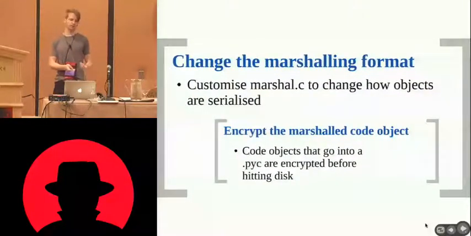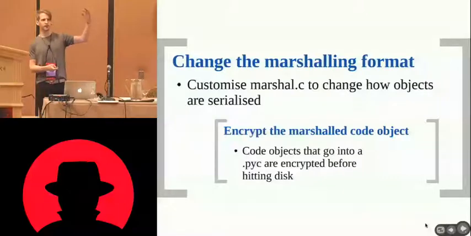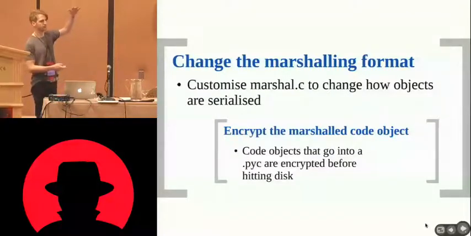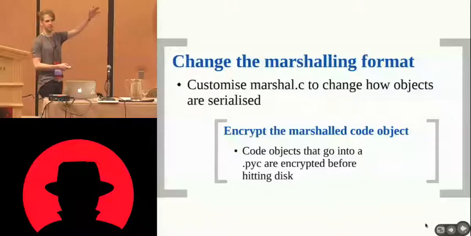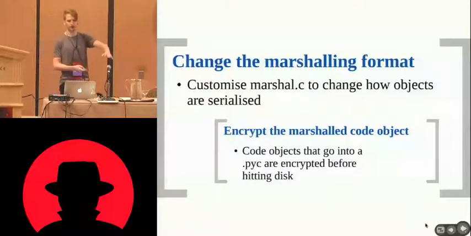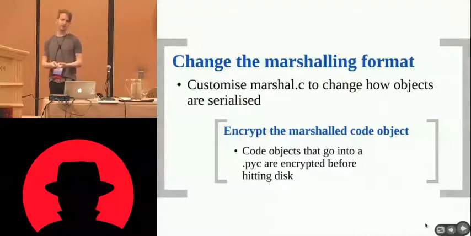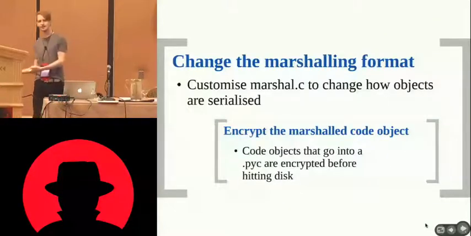Changing the marshalling formats. As we said, in the Python PYC file there were 8 bytes of header essentially, and then the marshaled formats. The marshalling is controlled by marshal.c in the Python runtime. If you change how those objects are serialized into the PYC, and obviously do the corresponding changes